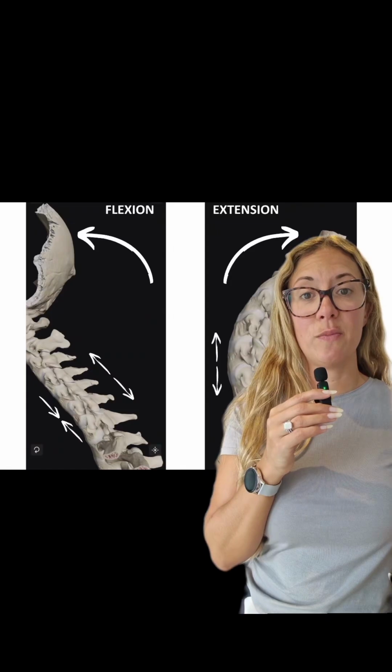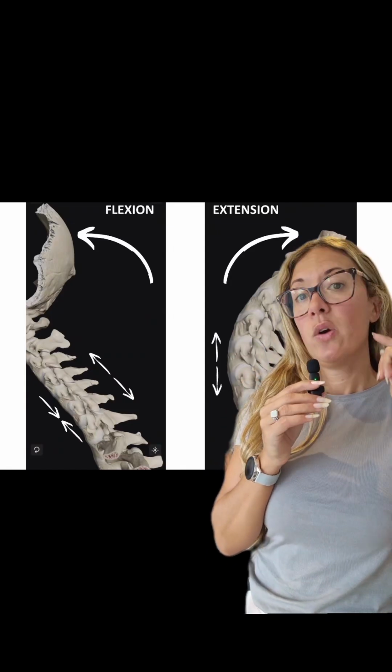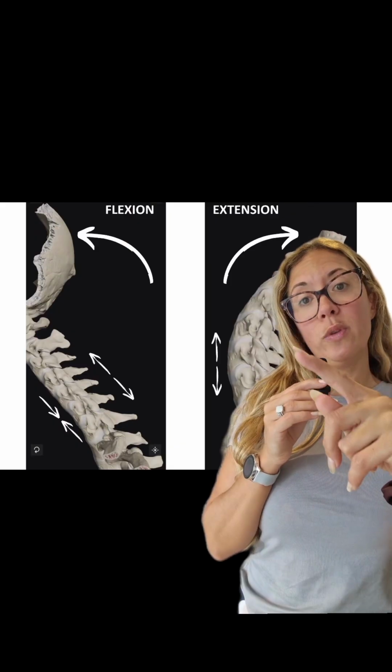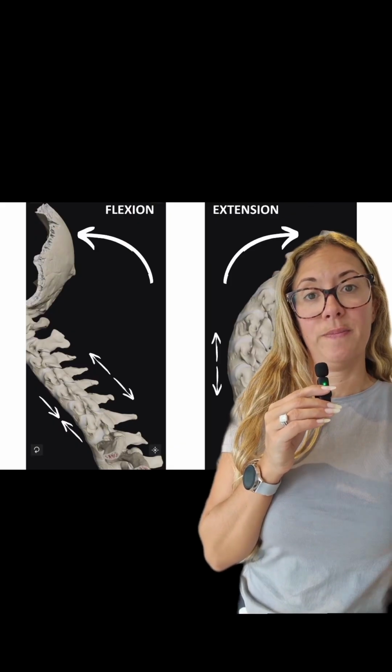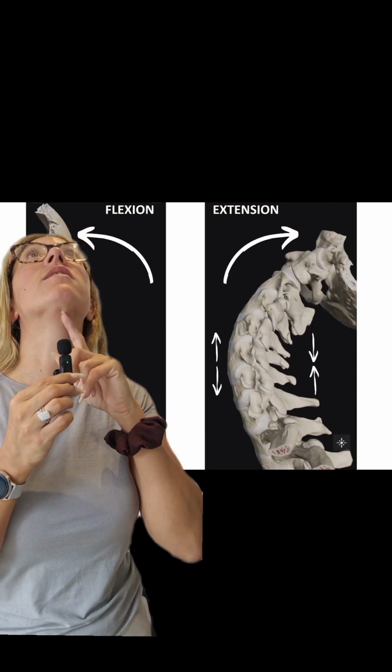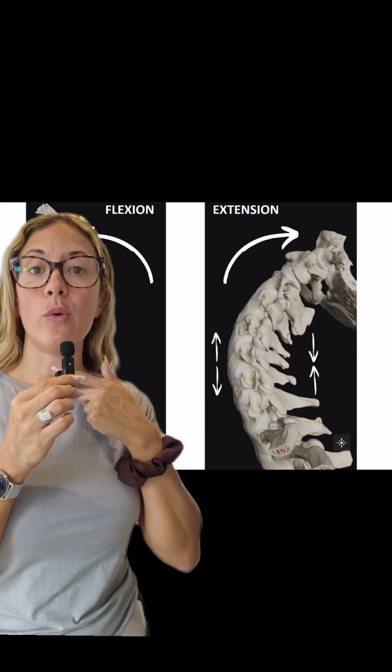in our daily lives. So in our sagittal or side-on plane, we have flexion of the spine, which is where the head would be coming forward or down, and you're opening all the bones on the back of the neck. And then you have extension of the spine. This is where the head would be looking up towards the ceiling and you're opening all the bones on the